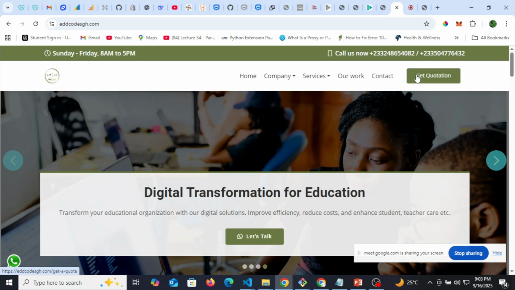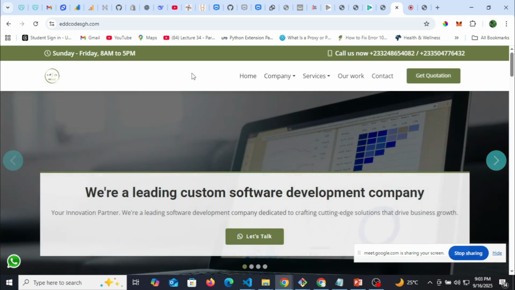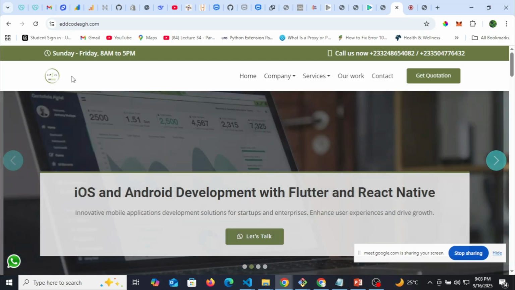Our work, contact, and get quotation. So this whole thing, the white background thing here, is the navigation. Bootstrap has that. Okay, they have simplified it for us. Then